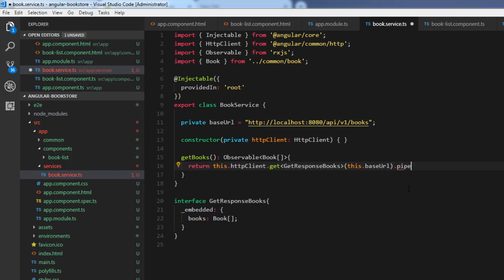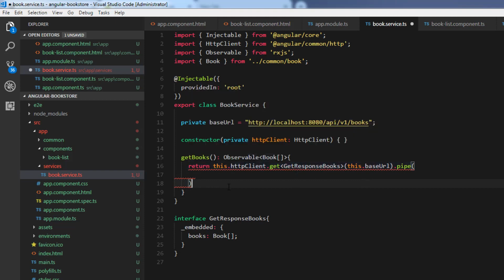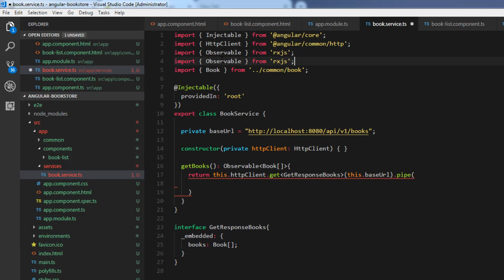To do that, we are going to call a pipe method. Within the pipe method, to convert the GetResponseBooks to a book array, we will make use of the map operator, which is provided by RxJS. So let's import the map operator. Let's take a copy of this import statement, and the map operator is from the rxjs/operators package.